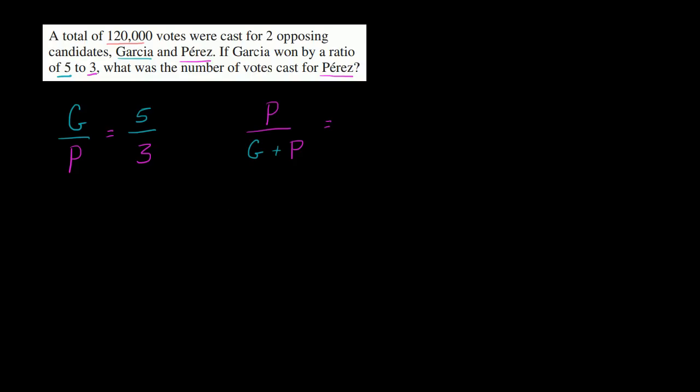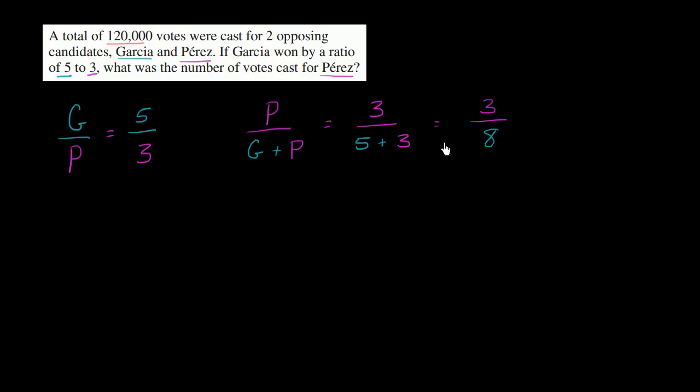Well, for every 3 votes Perez got, Garcia got 5 votes, sorry. Garcia got 5 votes and Perez got 3. So we could say this is going to be 5 plus 3. I'm not saying that P is 3 and that G is 5 again. I'm saying that for every 3 votes that Perez got, there were a total of 8 votes cast, 3 for Perez and 5 for Garcia. And so this is going to be equal to 3 over